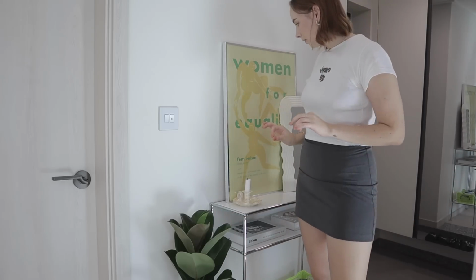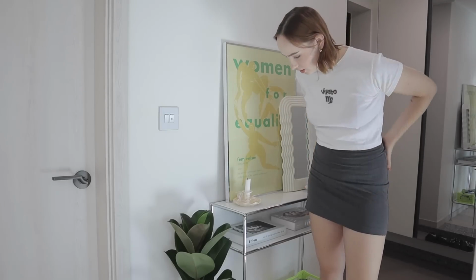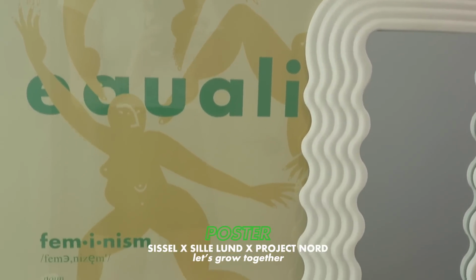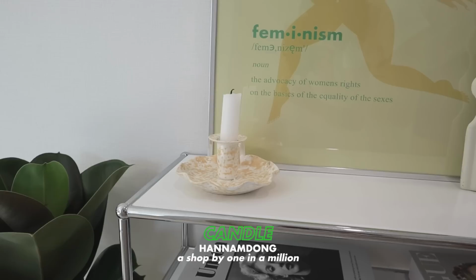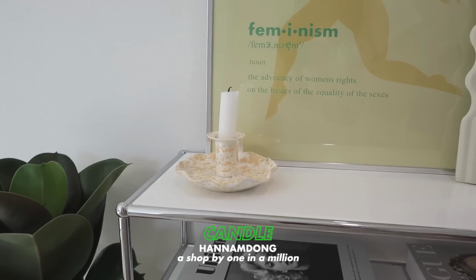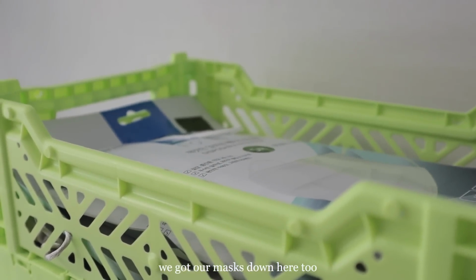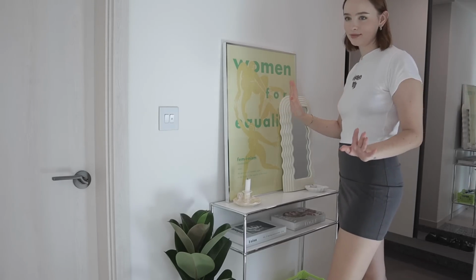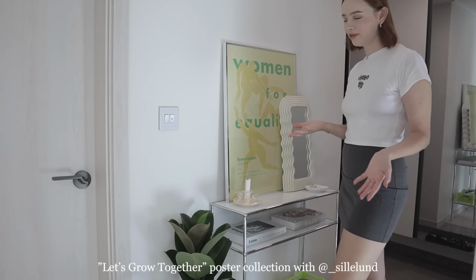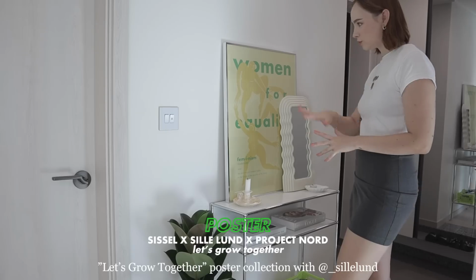Something that I am proud of though is this little nook, this little half wall that we have here. I realized that we definitely need somewhere to put a phone or something while putting on our shoes. So I set up this little setup here and decorated with some beautiful posters. The posters that you're seeing in this apartment tour are mostly all made by me and my good friend Sissel. We made this poster line